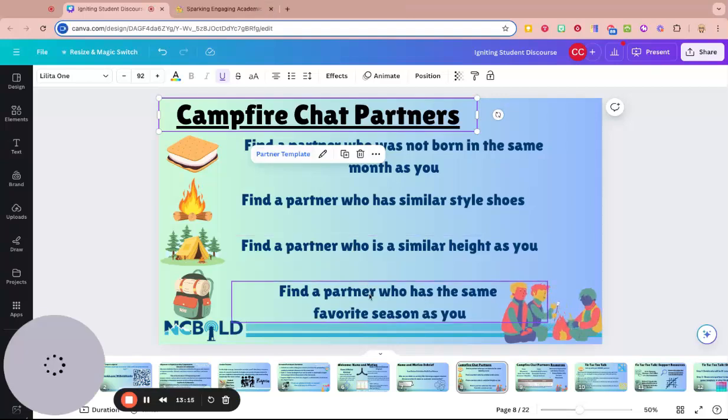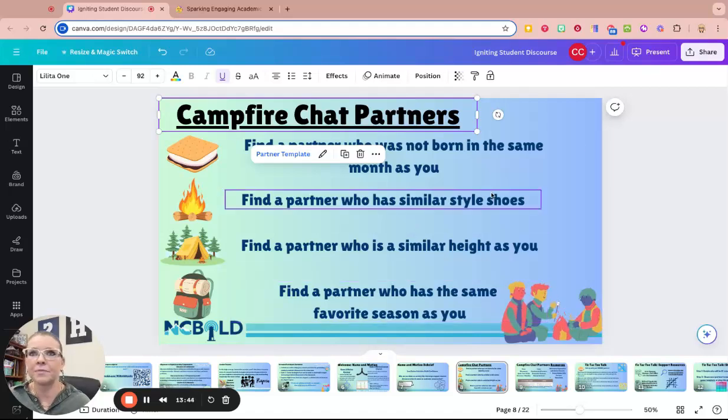I highly recommend that you have your kids keep a digital copy of who their partner is, because sometimes they forget. And I know my high schoolers, if I had them put this piece of paper in their book bag, they would lose it. So if you do print it out and use a piece of paper, maybe consider keeping those papers in your classroom somewhere that they could easily go get them and find who their partners are, or keep a digital copy that the kids could just pull up and say, hey, oh yeah, my s'more partner is this.